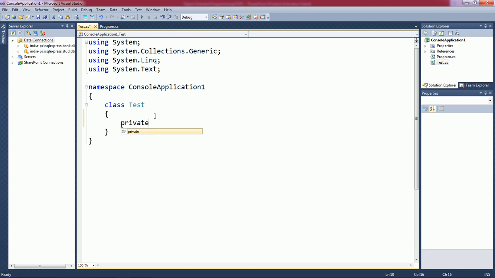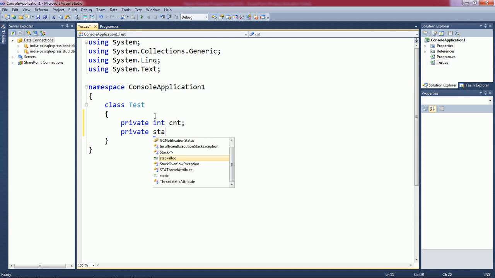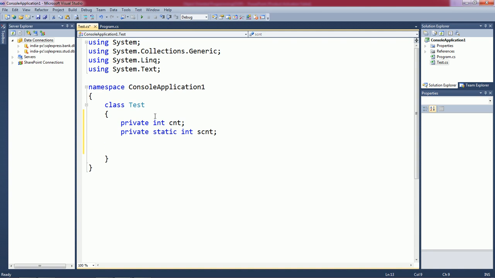The first is a private integer counter, that is a normal variable, and the second is a private static integer counter. Now let us create a default constructor of this class and simply increment these two variables, counter plus plus as well as static counter plus plus.